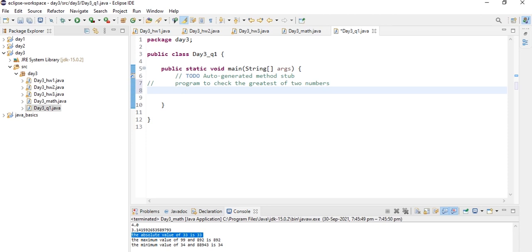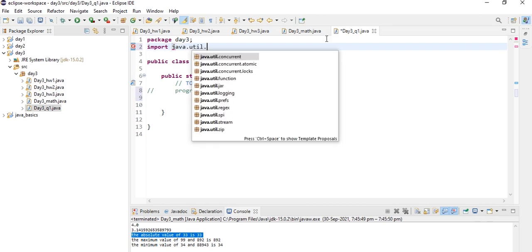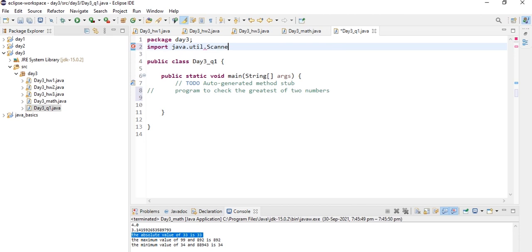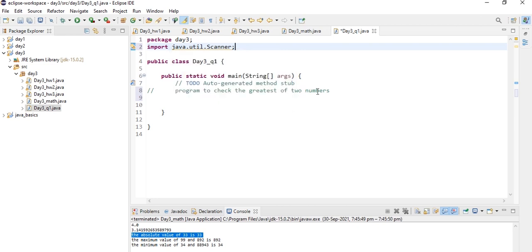So first, we need to take input from the user, so we need to import the Scanner class which is there in the util package, that is import java.util.Scanner. Make sure that the S of Scanner is a capital letter, that is an uppercase letter.